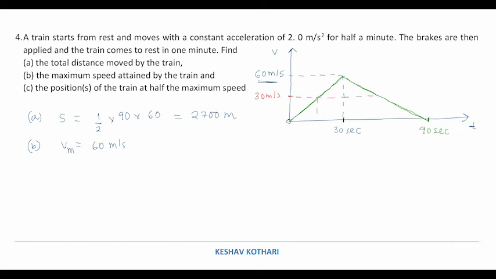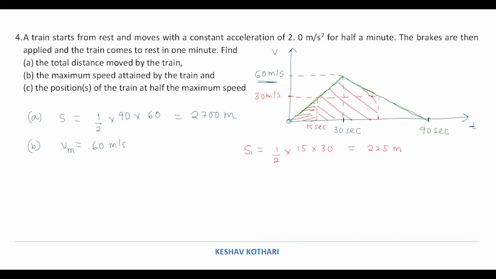So this is the area which we need to discuss for the first answer, for the first position, and till this time is the area which we need to add to get the second position. So if I calculate till 30 meter per second, it is 15 seconds because it is uniformly accelerating. So at half the time it will attain half the maximum speed. So till this area I am calculating S1, or the first position, half into base into height. So we get 225 meter.